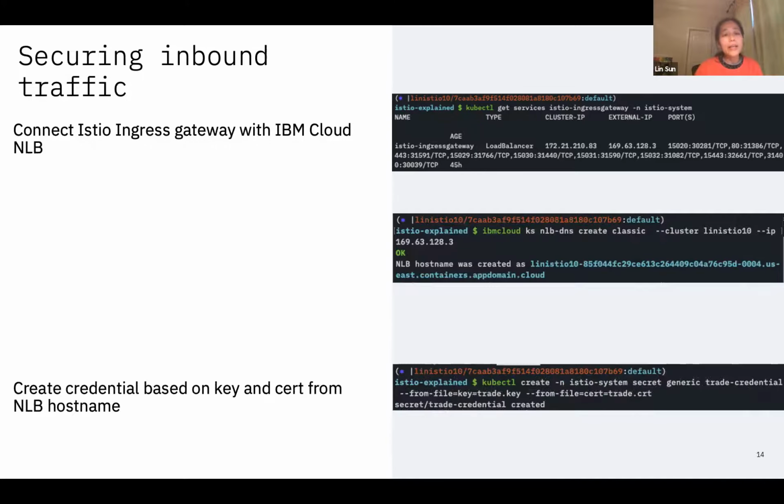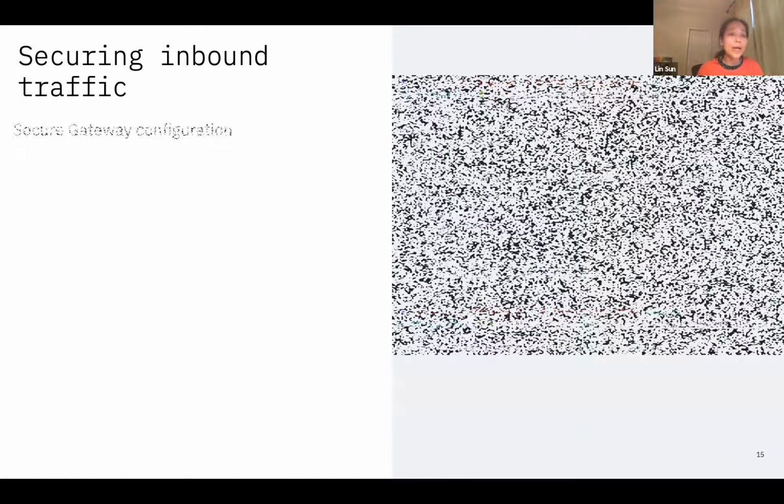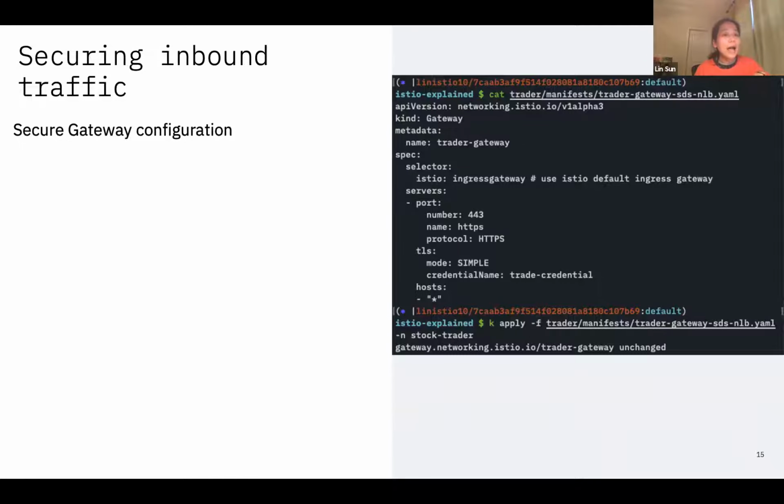These are the different examples where we configure the secure communication between the cloud load balancer and the Istio Ingress gateway. Now we're looking at how we secure the Ingress gateway configuration. The way to do that is through the gateway resource. In this example, we want to use the trader credential to secure HTTPS with port number 443 for the trader gateway.